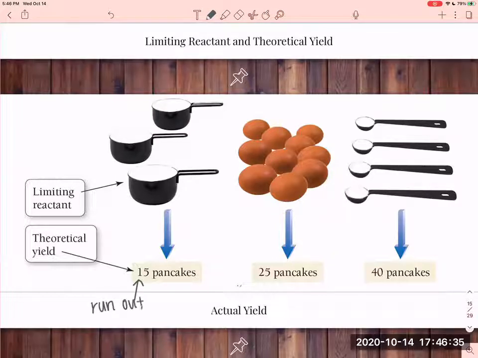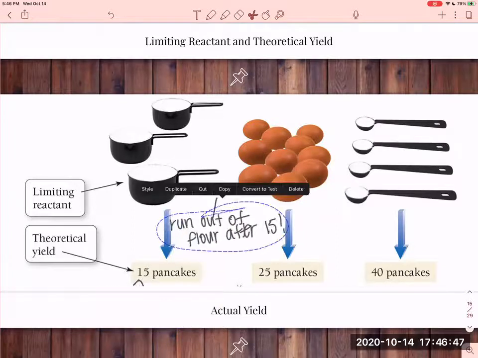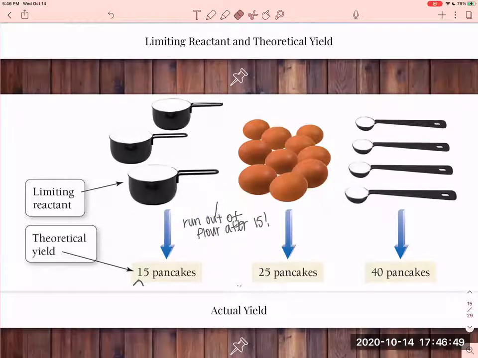Run out of flour after 15. And this will have to be moved so that you can see it all together. So we can't make 25. We can't make 40. We run out of flour. So unless you're gonna go to the store and buy me some more flour, these other things, I like to